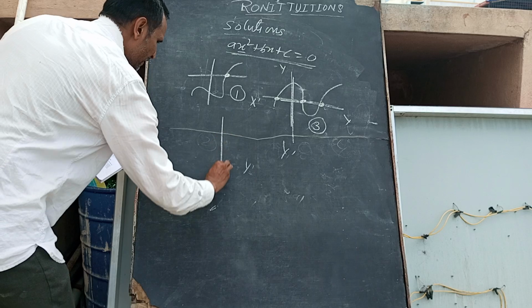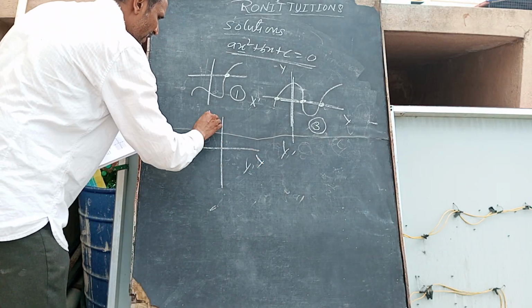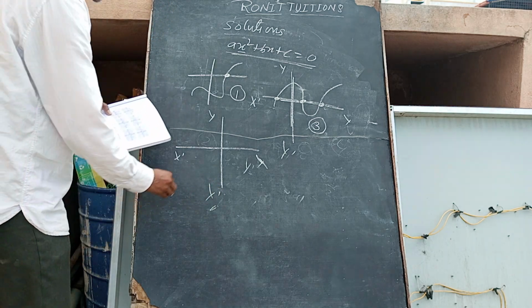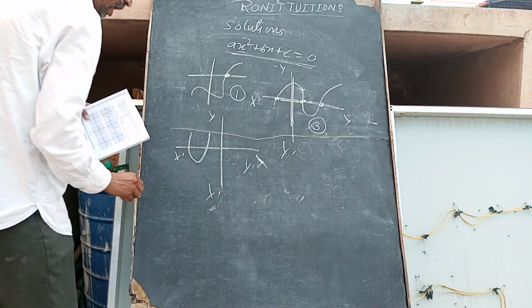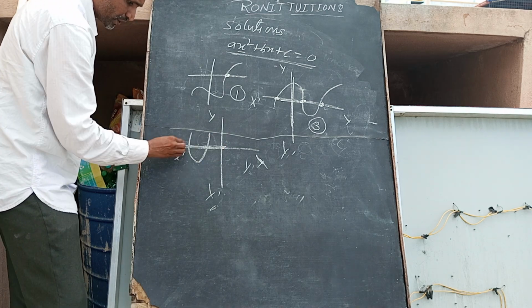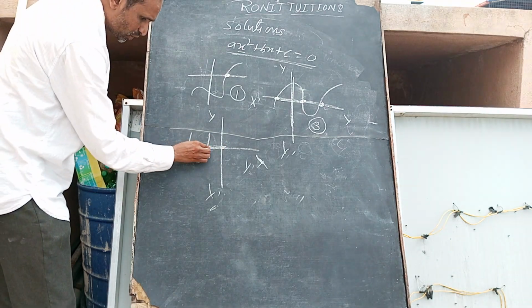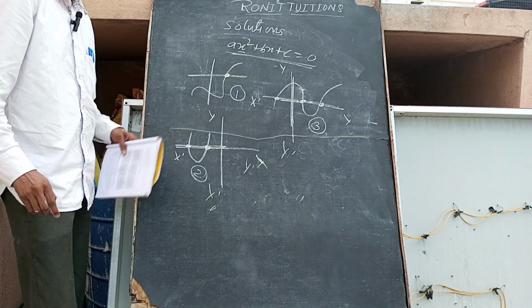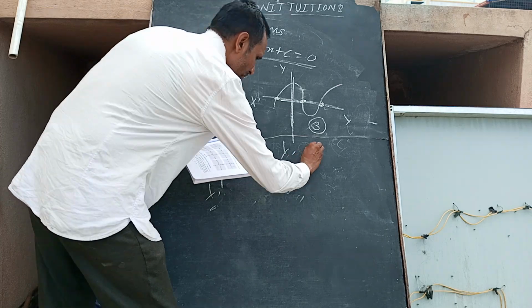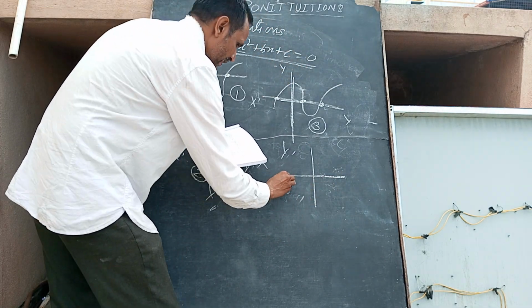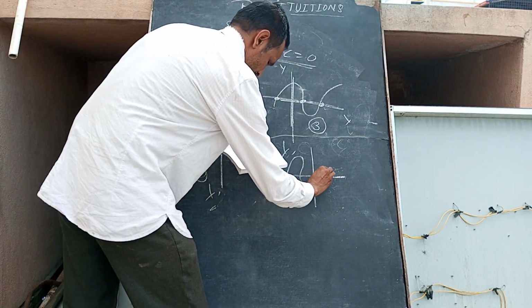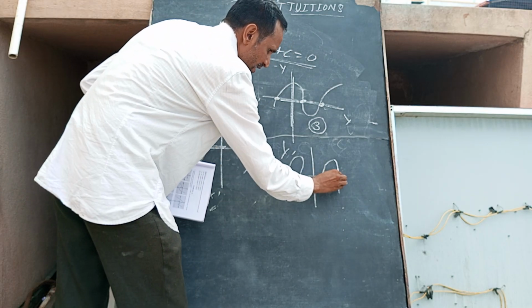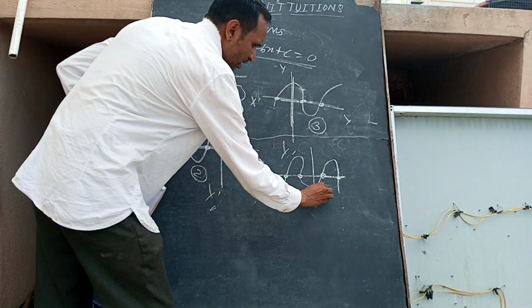Another one is given like this. This is the x axis, this is the y axis, this is the x dash axis, this is the y dash axis. In that, it is given like this. How many zeros are there? This side is negative in that. So 1 place cut happens, 2 place cut. So there are 2 zeros for this one. Another graph is given like this. Here 1, here 2, here 3, here 4. So there are 4 zeros for this.